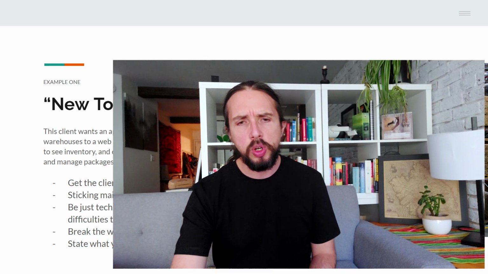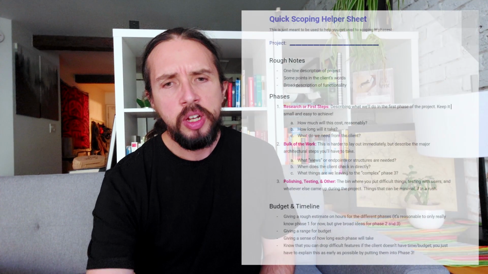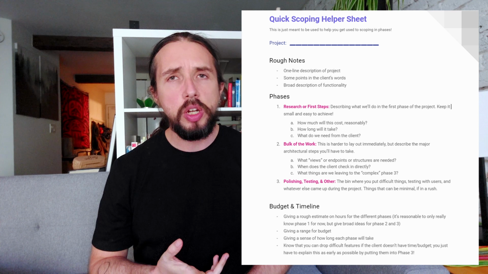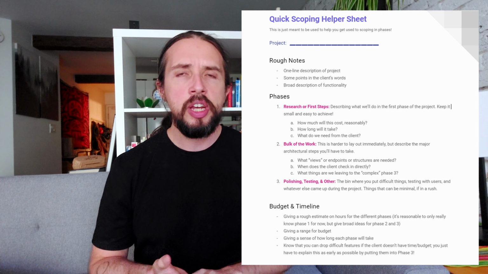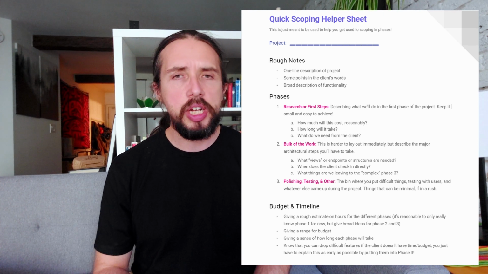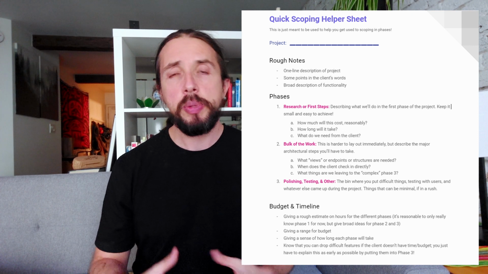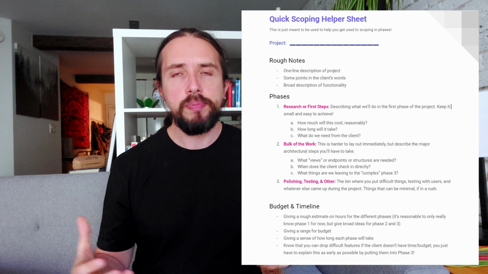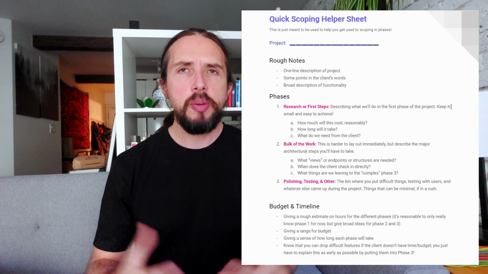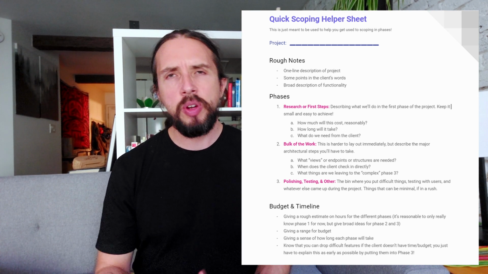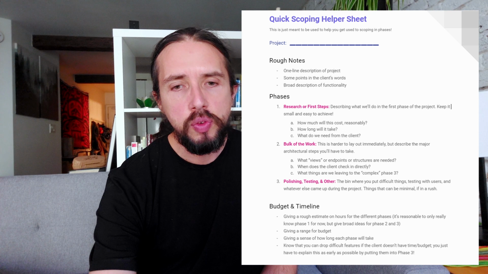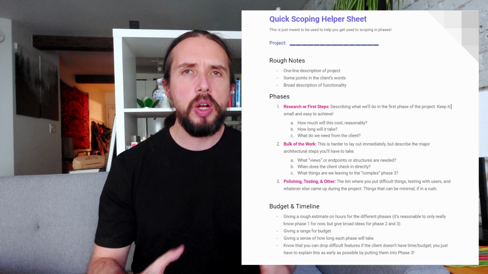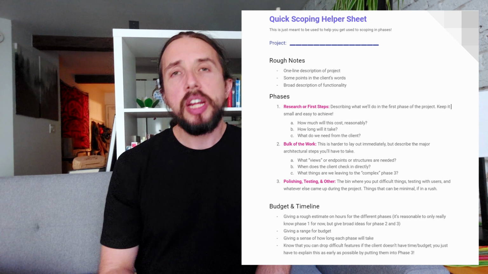So when it comes to our worksheet, we have in there, under the quick notes, rough notes, a 1-line description of the project, some points in the client's words, and broadly describing the functionalities. The 1 line of this project would be visualizing warehouse data in some kind of web application, right? That's 1 line. Some points in the client's words, we don't have to go over that again. For research or first steps, we talked about that. I'm going to research the back end of this kind of warehouse scanning, and it'll probably take about a week